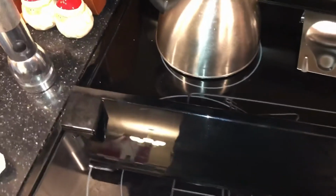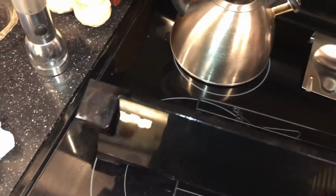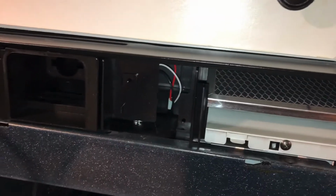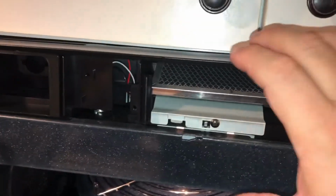So I took off this top piece here, which I've got. It's hard to see, black piece on black stove, but that was pretty easy to take off. There's just two screw holes, one on the right here, one on the left. Take those two screws out, then you just push that whole piece to the left because there are grooves that the pieces fit into,